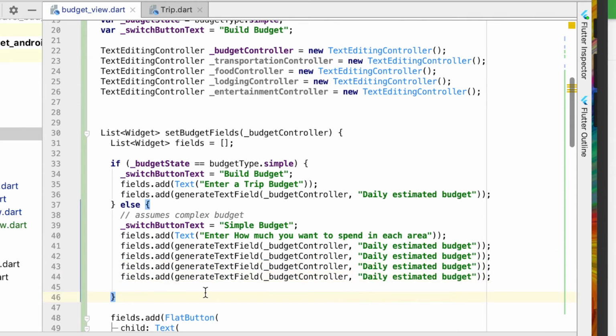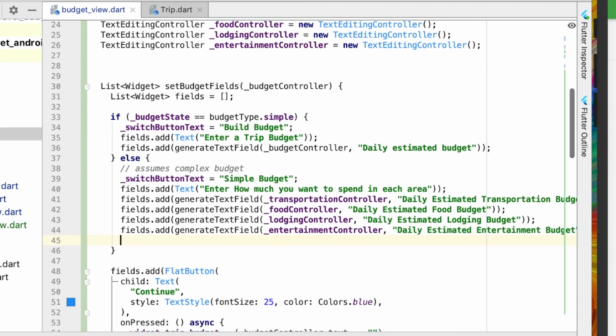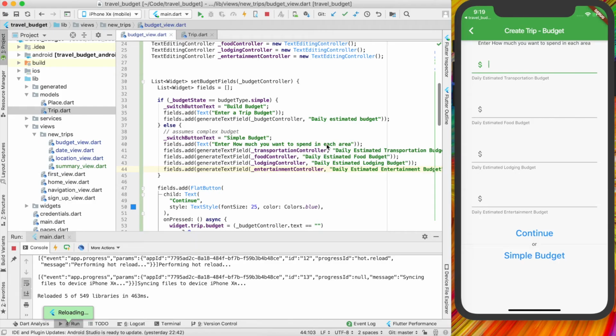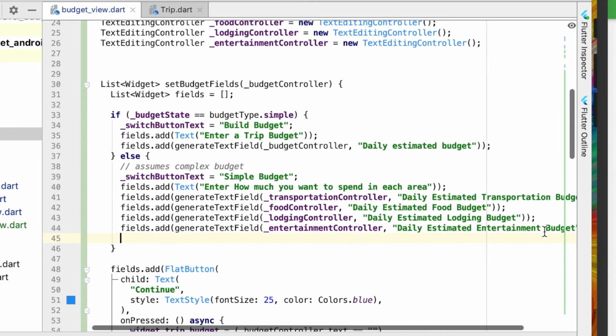And I'll just go ahead and fill this in real quick. All right, and those are set. So now if we hot reload, you'll see we have the 4 text controllers now. So another thing we might want to see is the total for these. So let's go ahead and add another field down below, and